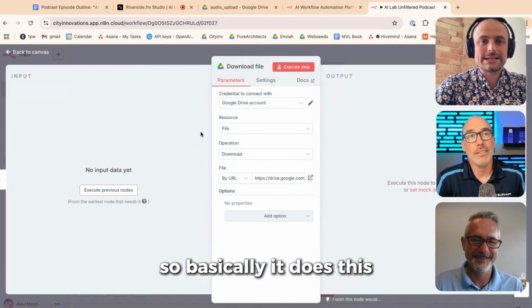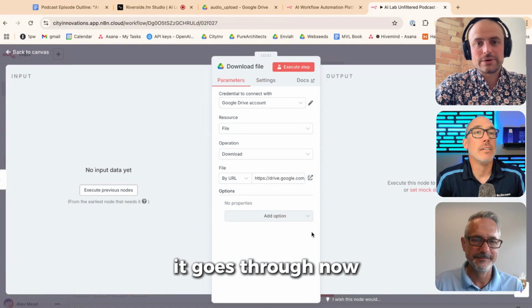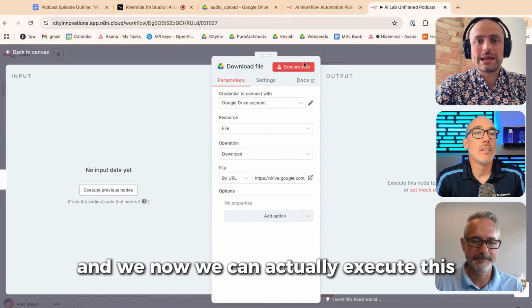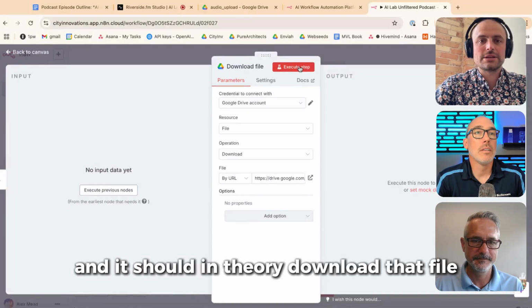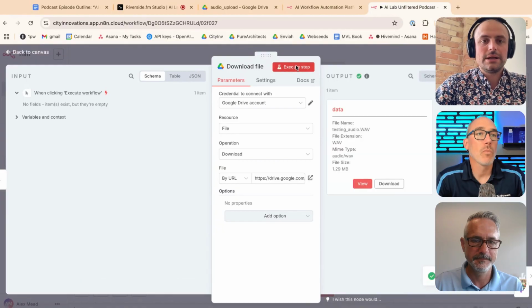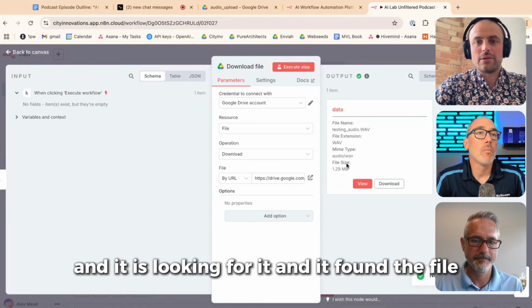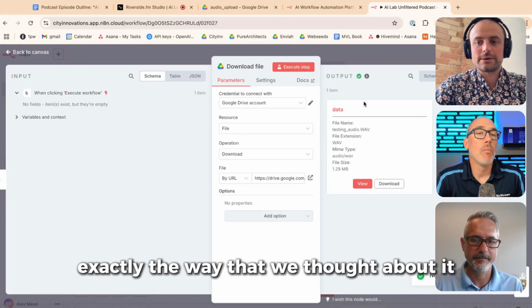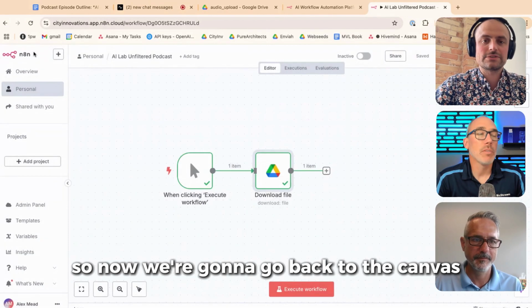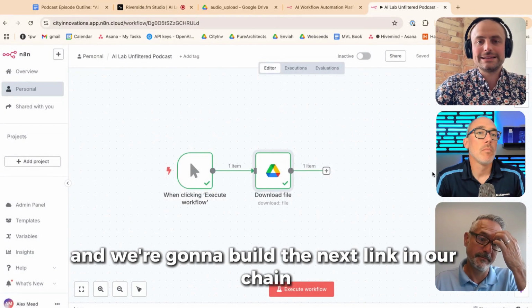So basically it does this. It goes through now, and we can actually execute this, and it should in theory download that file, and it is looking for it, and it found the file exactly the way that we thought about it. So now we're going to go back to the canvas, and we're going to build the next link in our